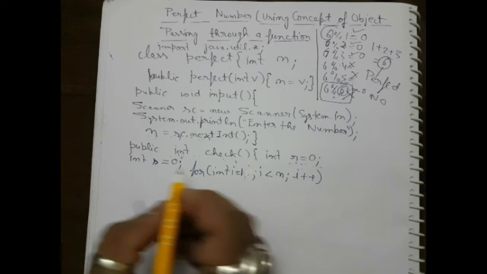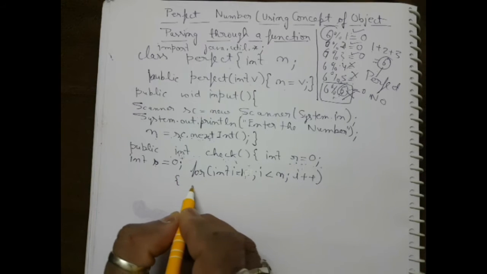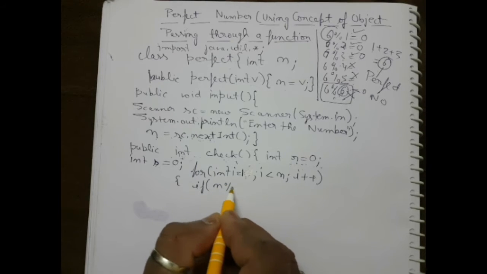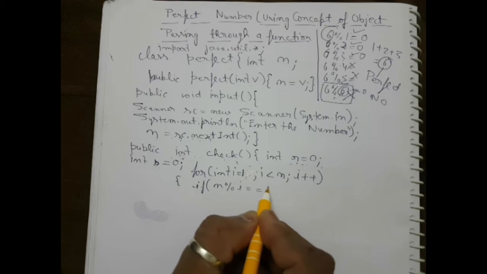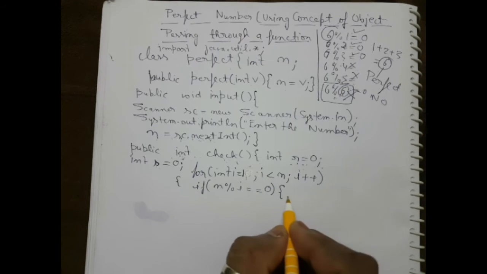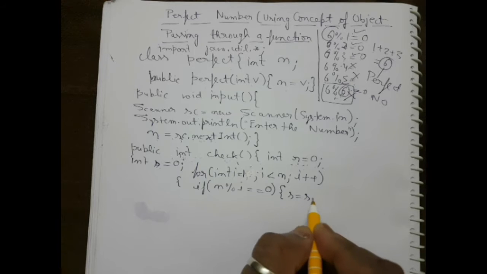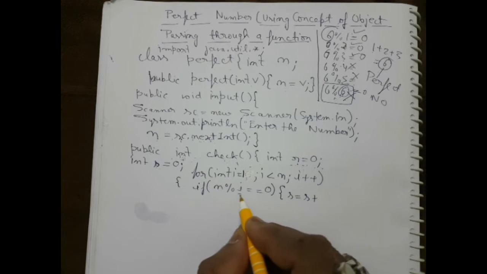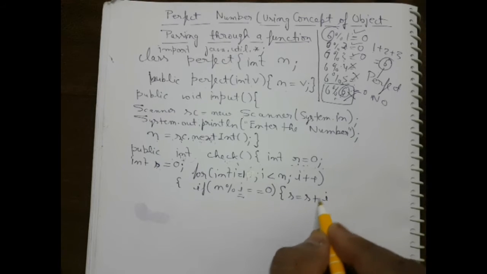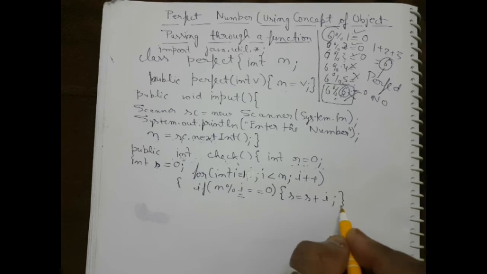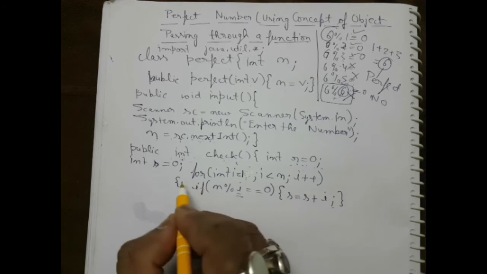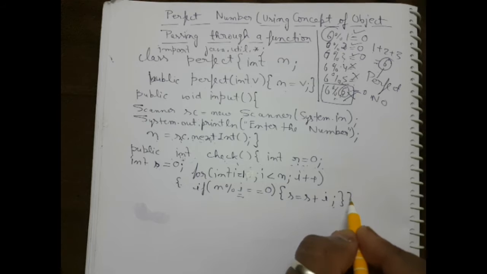All right. Now I write inside the loop body: if n mod i equals 0, if it is divisible, then you don't have to print anything, just add that number, which will be the factor, because when it is divisible, to the s. So it is having the sum of factors except the number. We have closed the if, and then the loop curly brace will be closed here.